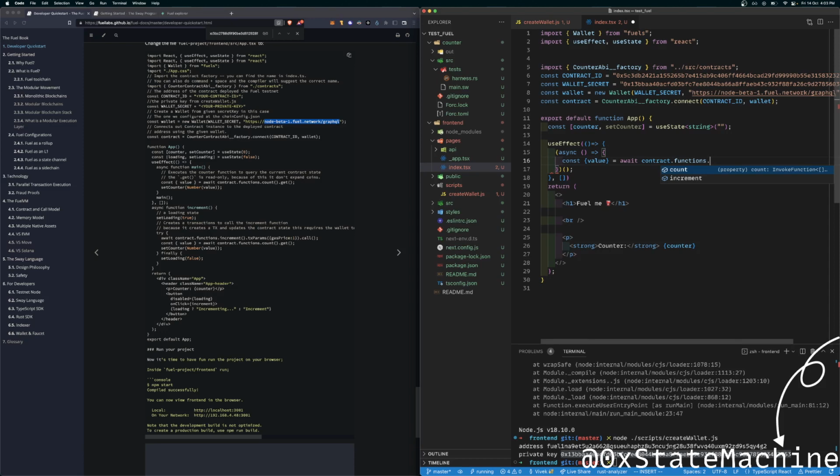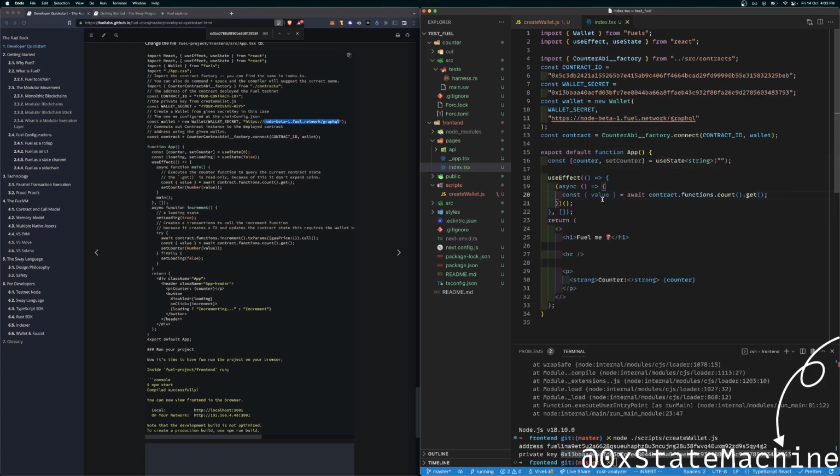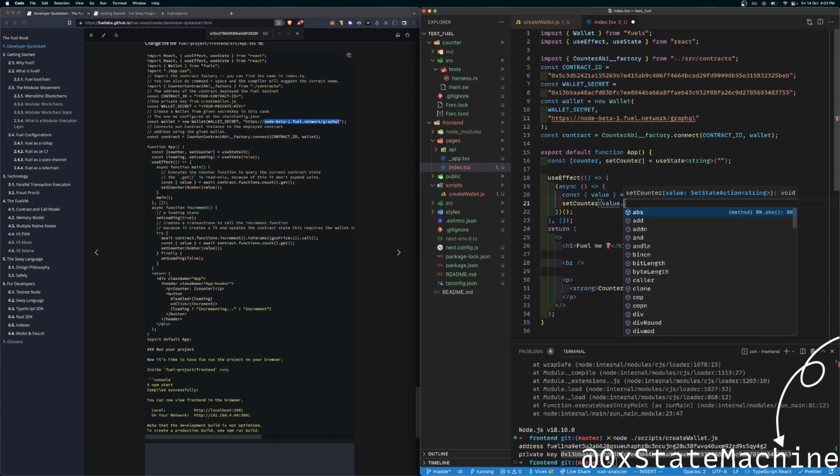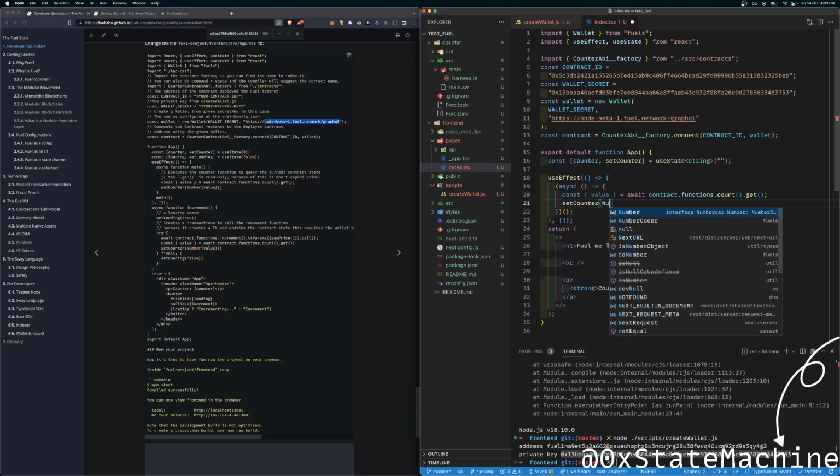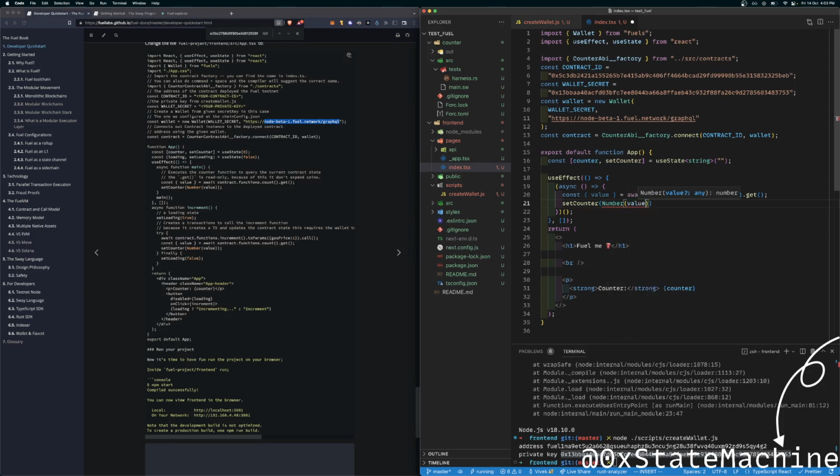I have full types here, so this will give me the value, and I can set the counter as value dot what. Okay, you pass in the number here, and I need to set this as number. This looks nice. Can we run it?